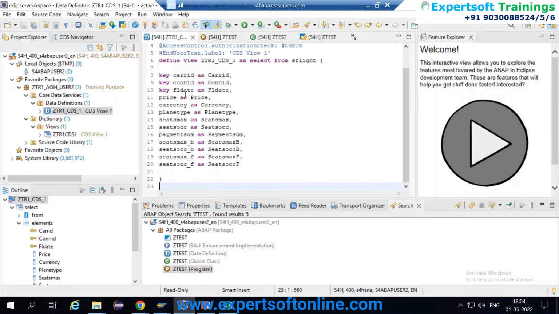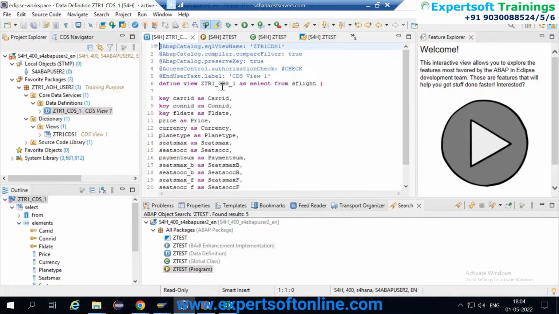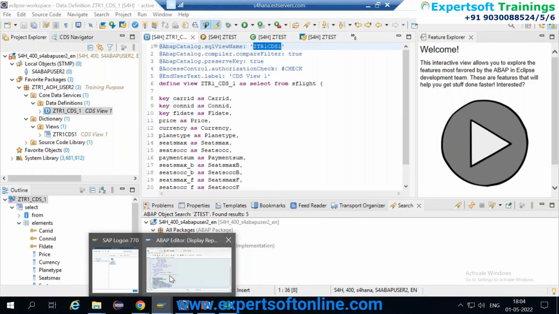Giving you a basic example, when we create a CDS view, we have given it a name. So what is created in the backend? In the backend, this name is created: GTR1 CDS1. You can see this name here, and you can see this name in the backend system also.